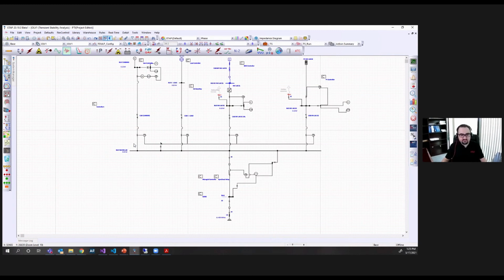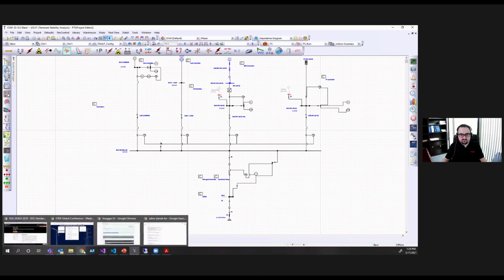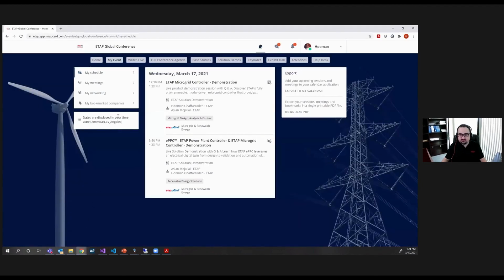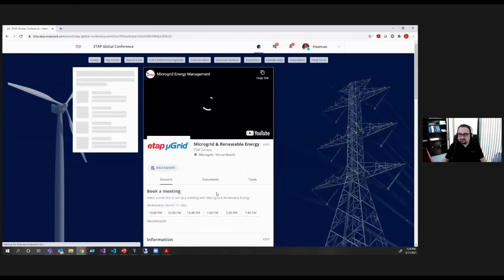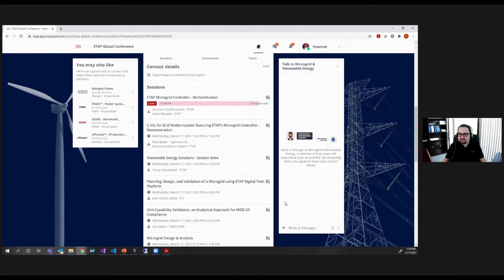Thank you. The next question, which I think is a really interesting one, is: is ETAP compatible with RTLab or OpalRT real-time simulators? If so, do you have any published case study for this? And I think there is an exhibit for it. Yes, OpalRT. If you go to the exhibit hall, ETAP Microgrid controller, you can see that we have